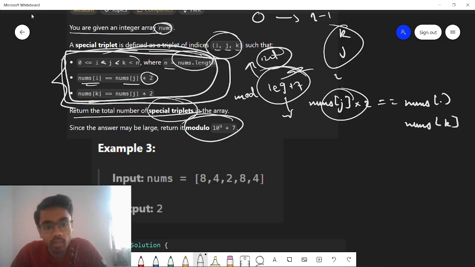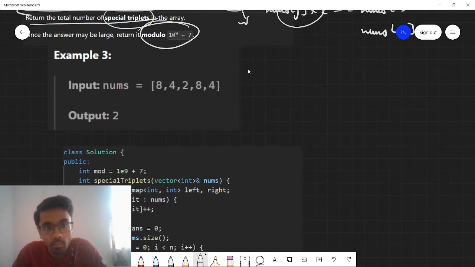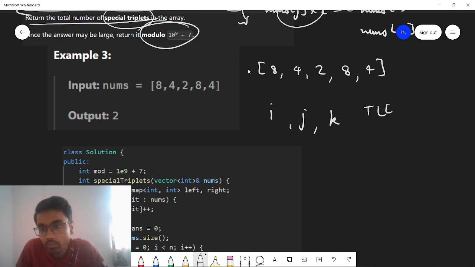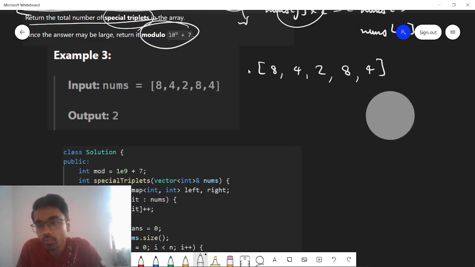So it is easy. We can understand with the help of this first example, which is 8 4 2 8 4. One way is that you can just run 3 loops, one for i, one for j and one for k, which fulfill these conditions that the question has said. But if you look at the constraints, if you run a loop 3 times, it will give you TLE. So we need to do some kind of